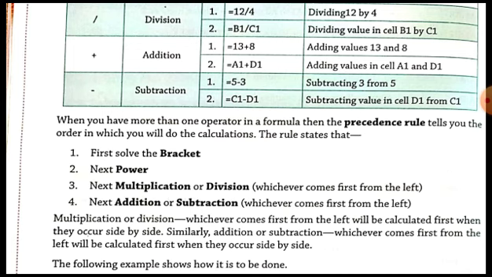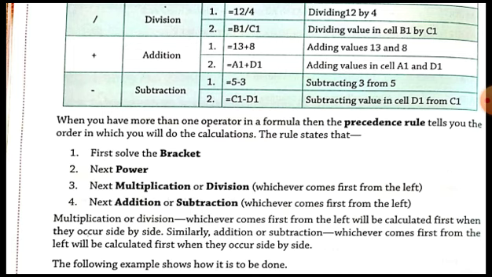So what is there from the left side? The expression will be scanned starting from the left side, and the operators will be executed in that order. So if the multiplication operator comes first starting from the left, then multiplication will be evaluated first. If division comes first starting from the left, then division will be operated first. Whatever operator comes first, whether it is multiplication or division, that will be operated first.